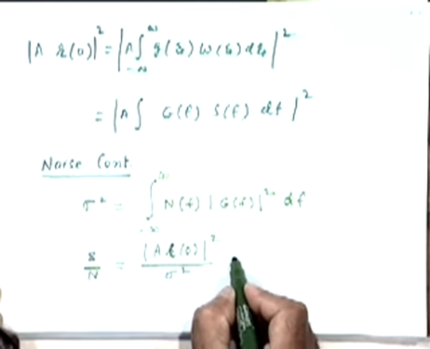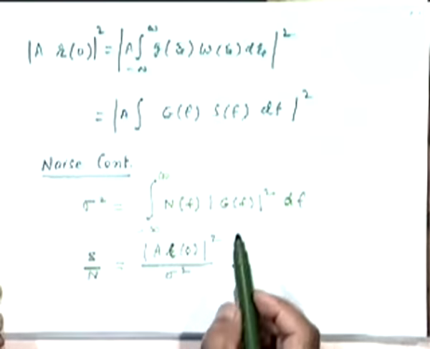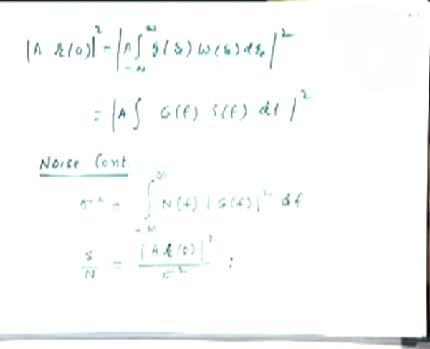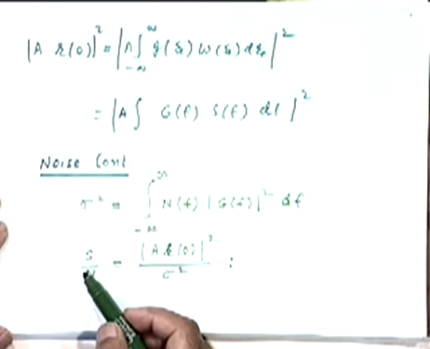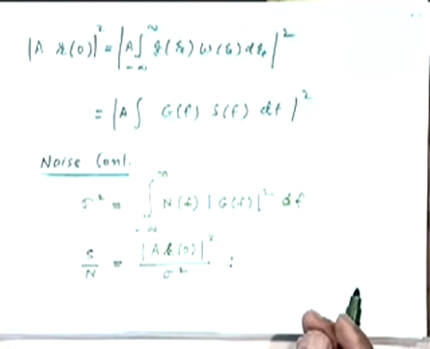And our job is to choose a filter transfer function GF. What is the function which is under our control, or which we want to fix? It's a filter, right? So we want to optimize this transfer function GF so as to maximize this. Ideally, what we would like to have is a filter which will completely eliminate the noise and pass only the signal, but we know that will be impossible. Why? Because the signal and noise spectrum partially overlap with each other, isn't it?